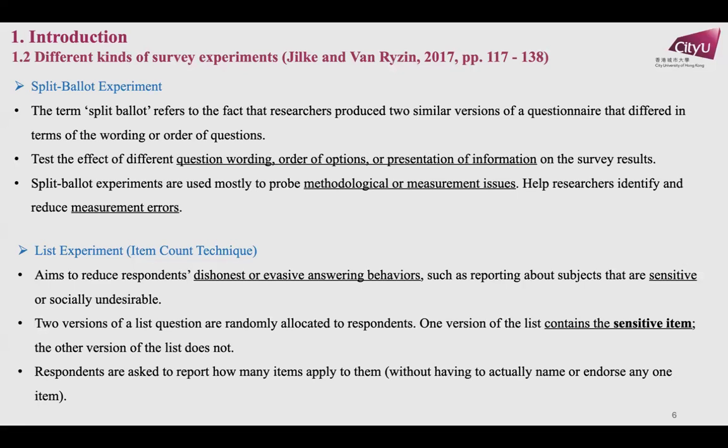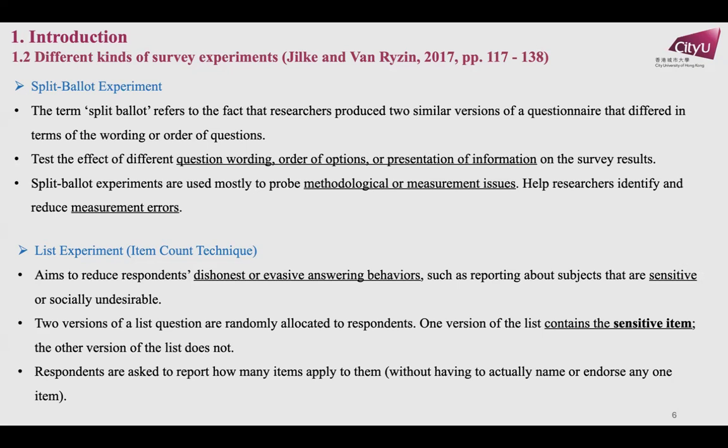This may allow researchers to test the effect of different question wording, the word options, or the presentation of information that may affect respondents' opinions and behaviors. It may be used to probe methodological or measurement issues, like testing whether the order of questions may affect citizens'